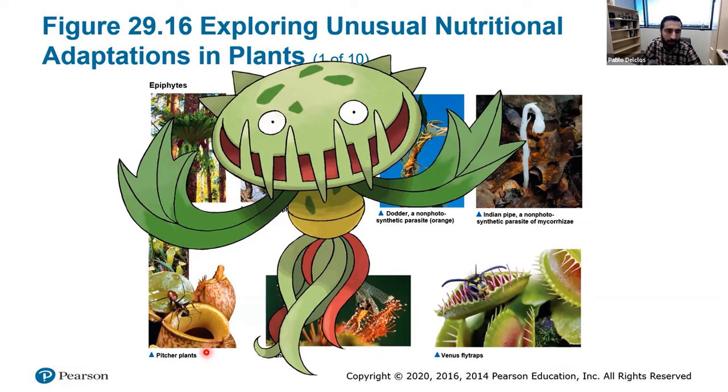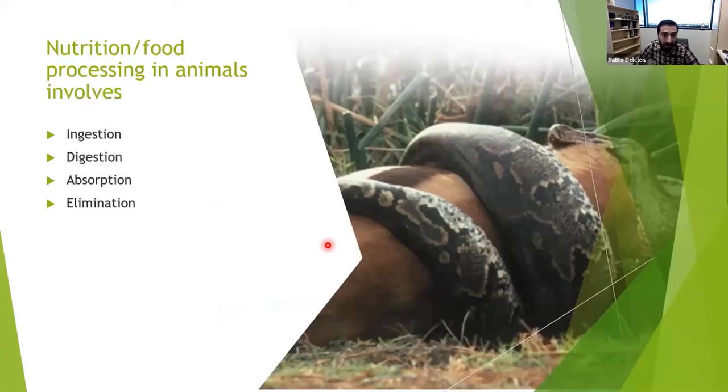I didn't put the picture up here, but now that I see the picture of the plant, I remember, for you Gen 1 fans out there, Victreebel, Bellsprout, and Weepinbell are all modeled after the carnivorous pitcher plant. Now we contrast this and move away from plants and into animals, and animals have a completely different way